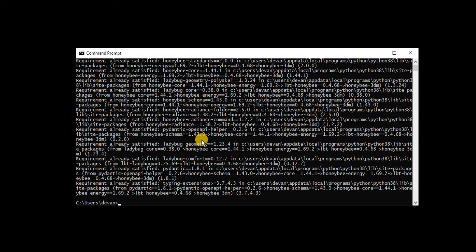It might take a bit longer in your case to install everything. I have this library already installed on my system, so now I'll just move on. I'm going to show what is a command here and what are the options available. So if you write Honeybee-3dm translate, which is essentially the command in this library, and help, it will show you